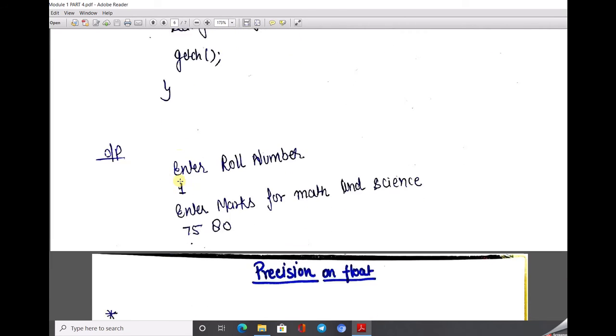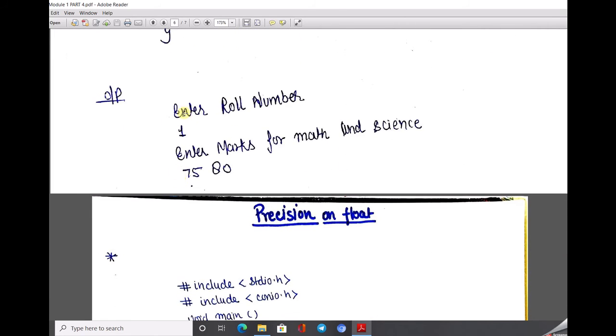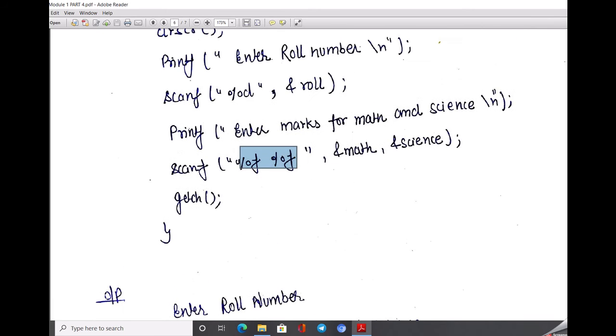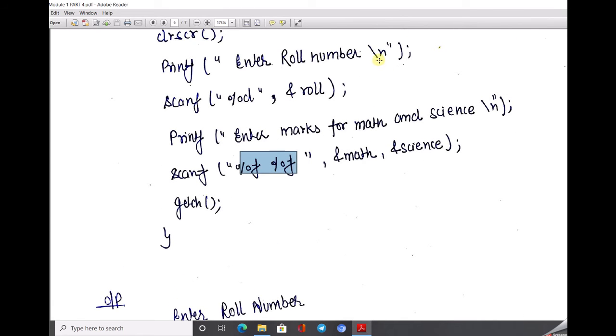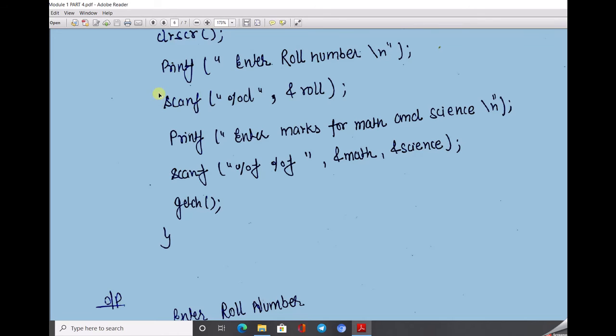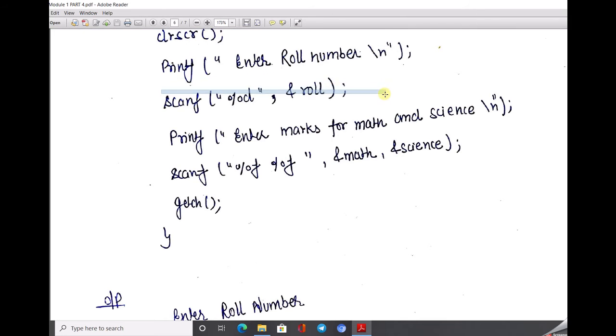So after running this program, what do we get? Enter the roll number. Why is the cursor on a new line here? Because the user wrote slash n at this point. That means after writing this, the instruction goes to the cursor to change lines and go to the new line. Now the cursor comes to the new line, and here the input is taken.